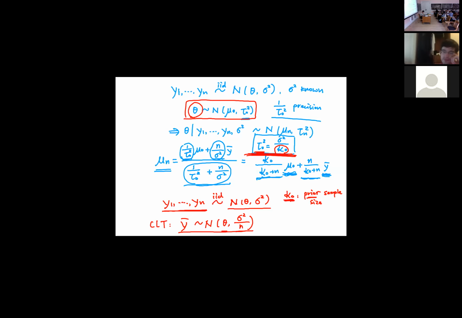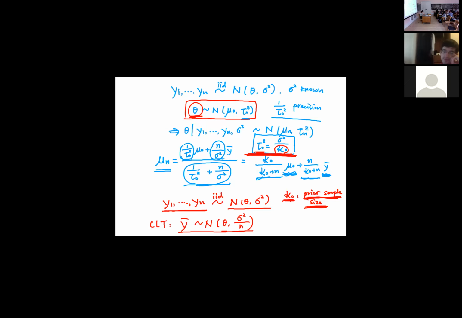We're assuming kappa 0 to be the prior sample size, and we define tau 0 squared to equal sigma squared divided by kappa 0. Since kappa 0 is about the prior sample size, and the prior is on the mean of the observations,